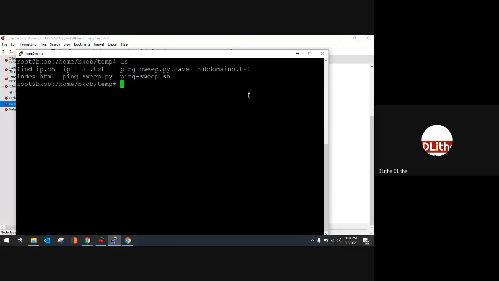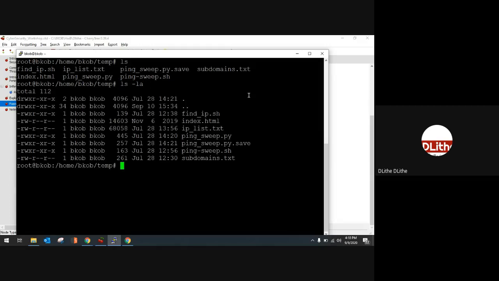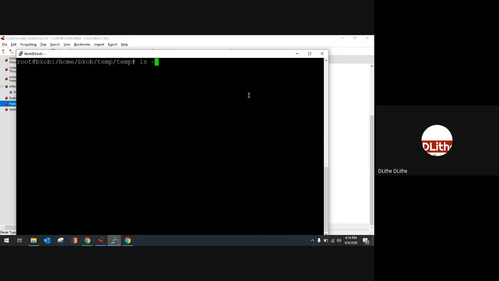Let me create another temp here. Make a Day3 temp directory, and let me go inside temp. See, the folder is completely empty. That's because you don't want to accidentally do some harm to your system files. That's the reason I'm running it in a different folder.